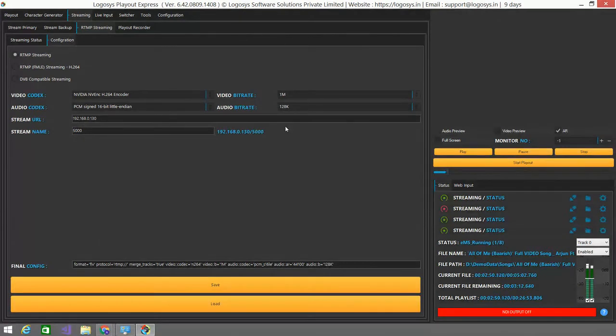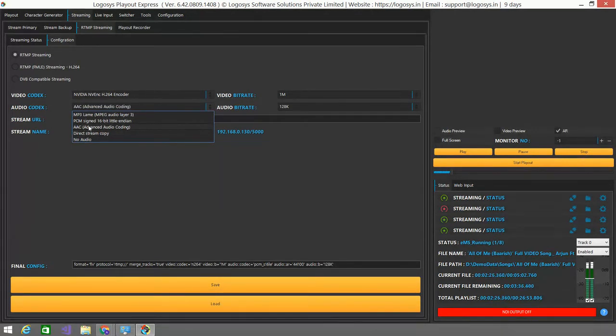The second is the audio codec. So you will have an audio codec with video. You can select MP3, or you can select AAC, and you can select PCM as well. Most of the big platforms like YouTube and Facebook will recommend you to use one of these. So we are using this right now. Next is the audio bitrate. It is equivalent to what the video bitrate was. You can stream audio at 128 KB, 48 KB or 256 KB. So let us just keep this default as 128.